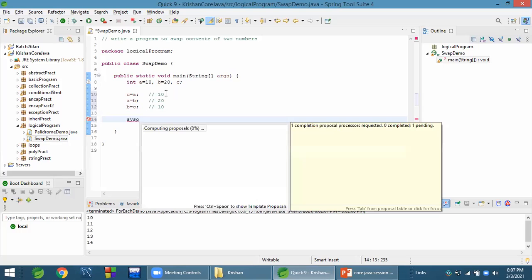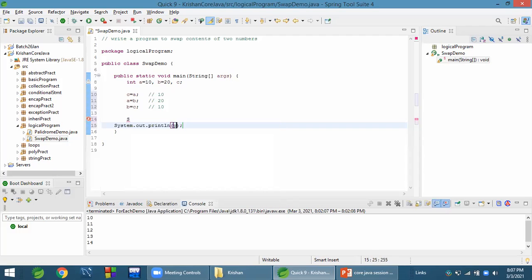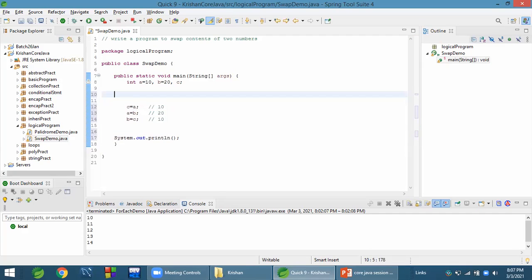If we print here, we can do it like this. We'll print before swapping.